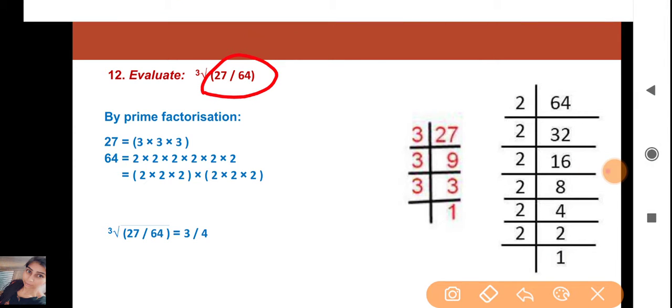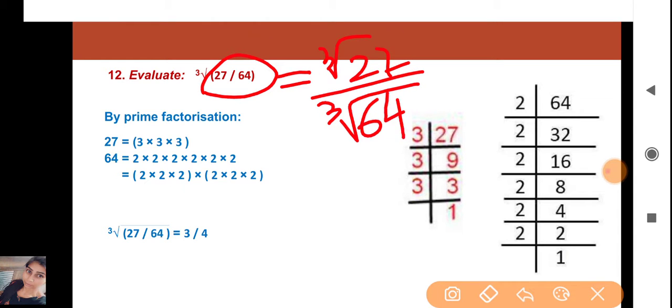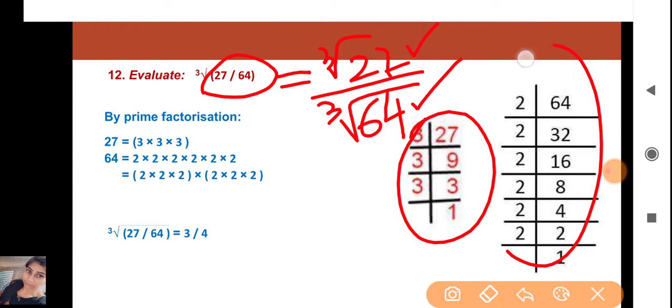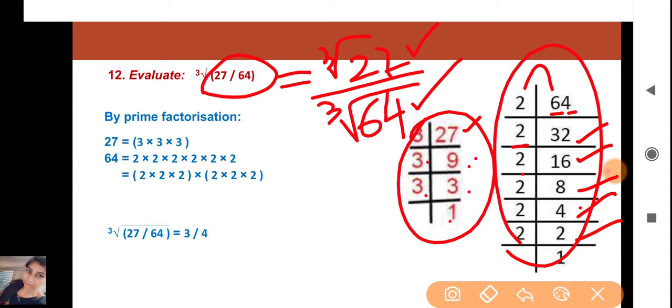That means we are doing the cube root of a rational number. So as I have told you, this will be cube root of 27 divided by cube root of 64. So let us separately find out the cube root of 27 and 64. As you can see, this and this. Okay, so this one you can see 2 3s are 6, 2 2s are 4, then again 2 1s are 2, 2 6s are, then 2 8s are, 2 4s are, and 2 2s are. The next 27 is 3 9s are 27, 3 3s are 9, 3 1s are 3. If I'll make a pair, I'm getting 1 2 3 and 1 2 3, and here 1 2 3.